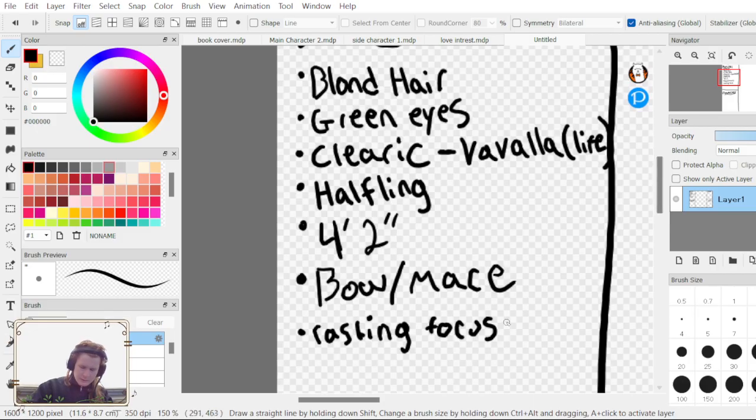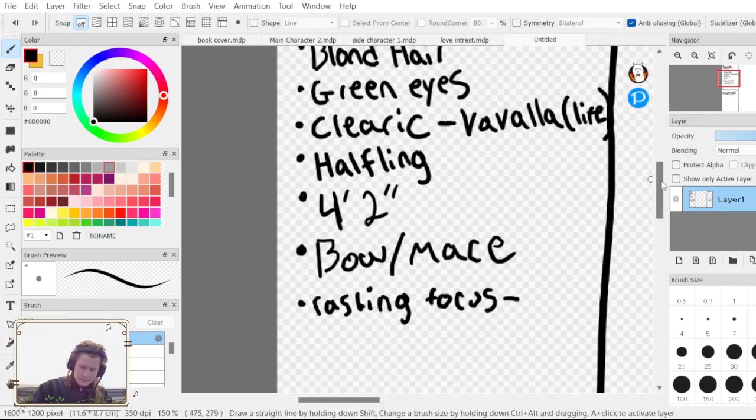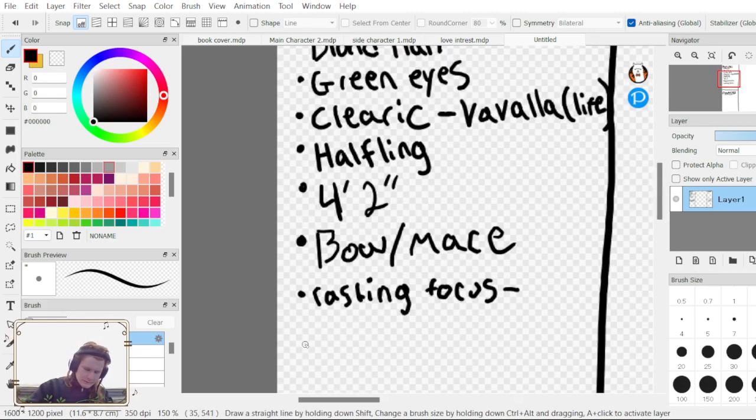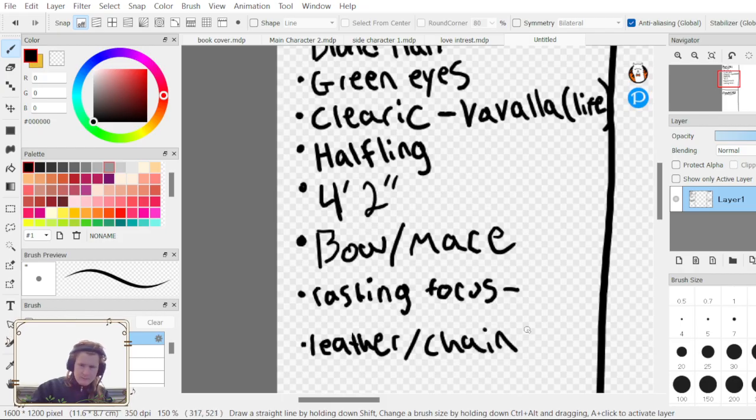While I think about that, I think that's pretty good. Maybe she should wear like leather chain mix. So she'll have some armor on her, but not too much.